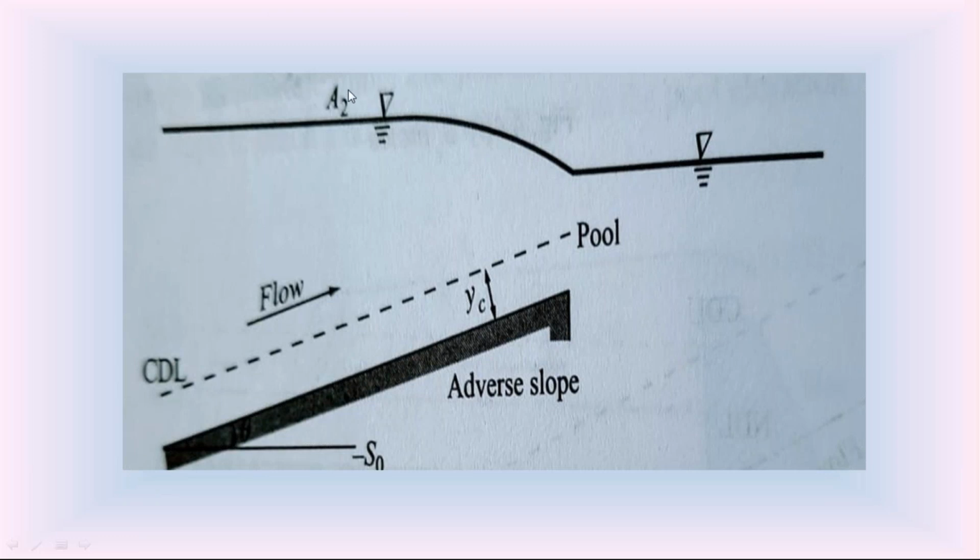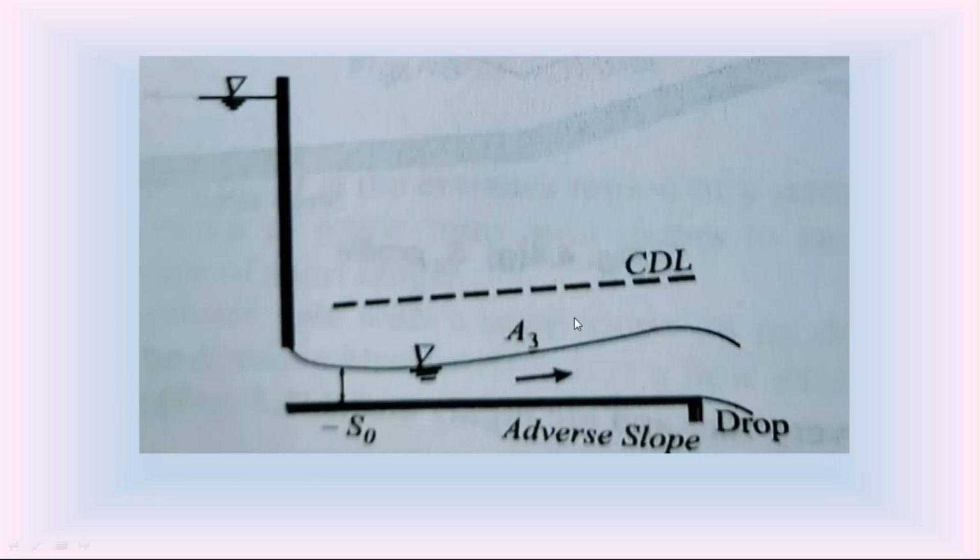So like that we can observe different water surface profiles. This is the A3 water surface profile in the adverse slope channel. It is a rising water surface profile, a backwater curve. Here you can observe the characteristics of the A3 water surface profile in the adverse slope channel. So these are some of the practical examples to understand the different types of water surface profiles in open channels. With this, the concept of water surface profiles in open channels is completed.